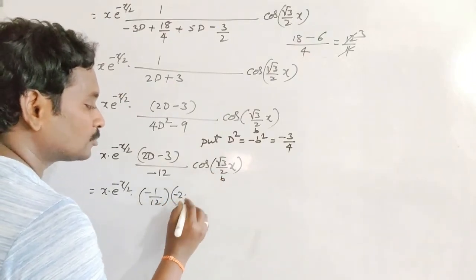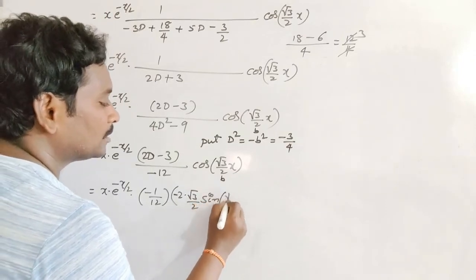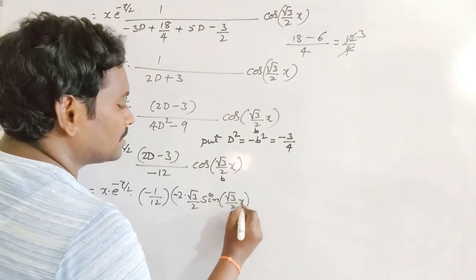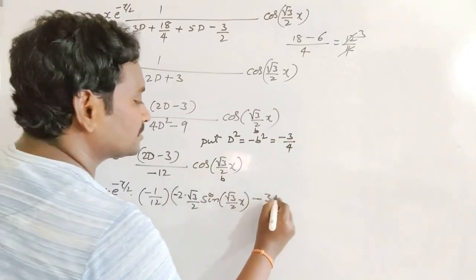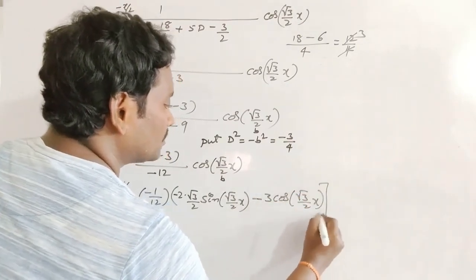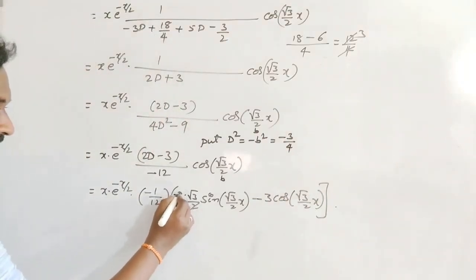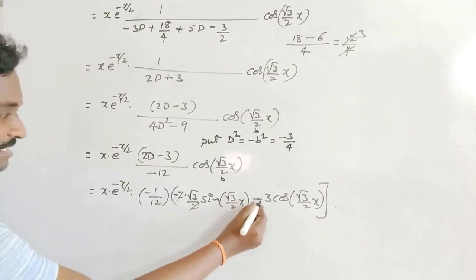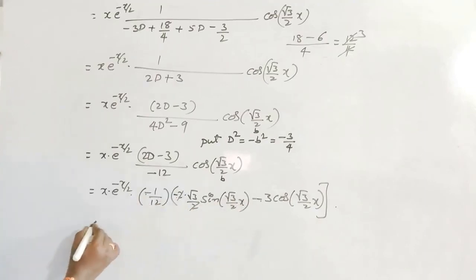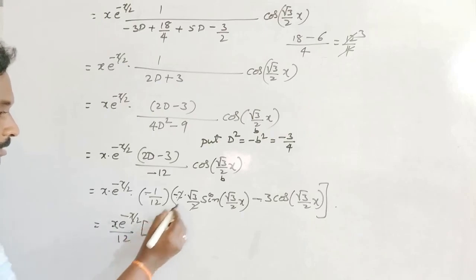Coefficient of x is root 3 by 2, x into sine of root 3 by 2 x minus 3 times cos of root 3 by 2 x. Okay. So here 2 gets cancelled and minus is the common term, so this minus becomes positive. So the final answer is x into e power minus x by 2 into 1 by 12 into root 3